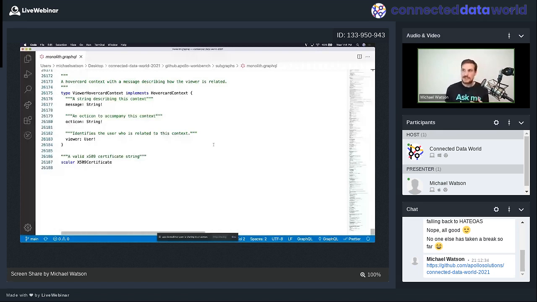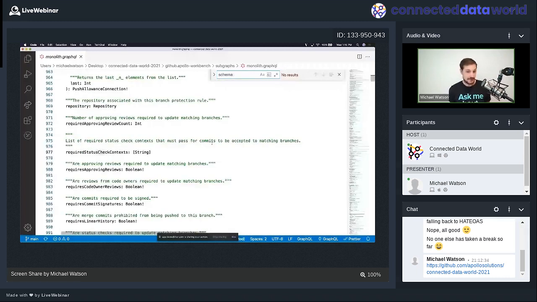Now, some tips that I use to navigate large schemas like this. I always try and start at the root, right? So I mentioned there is that root type, right? We talked about how there was that schema. Now, one of the things I wanted to do with this was show, hey, there is no schema inside of here. And what I'm specifically talking about,